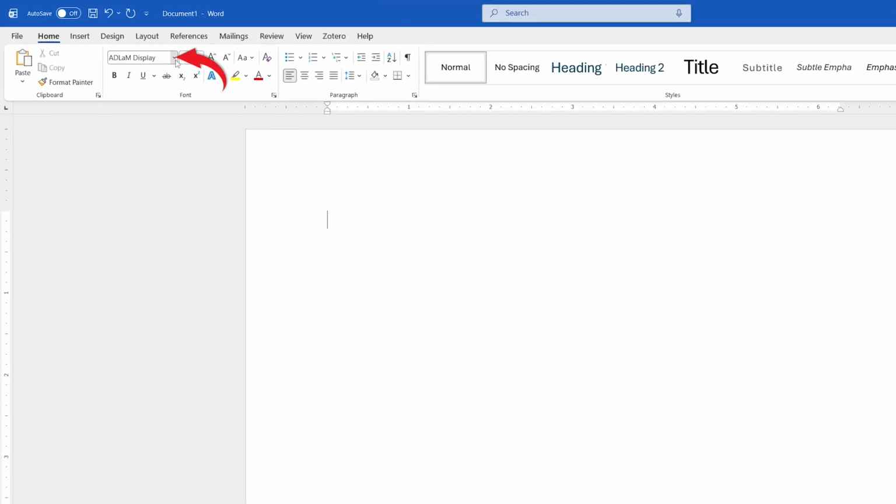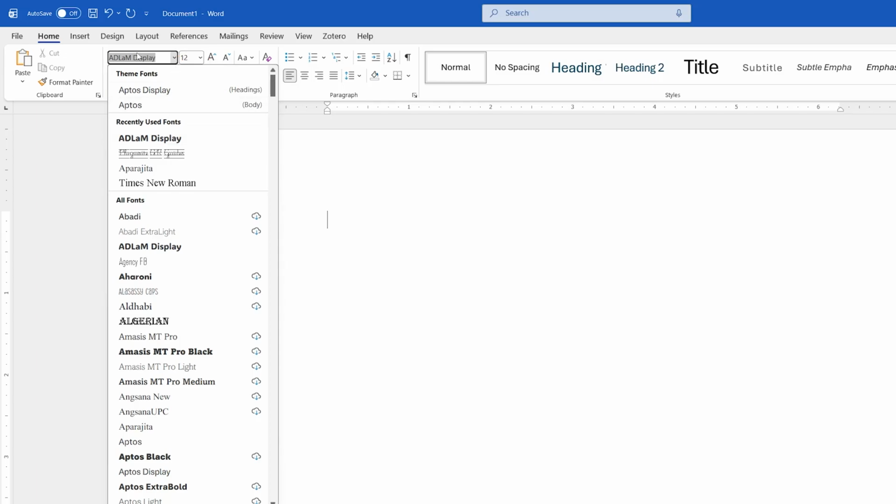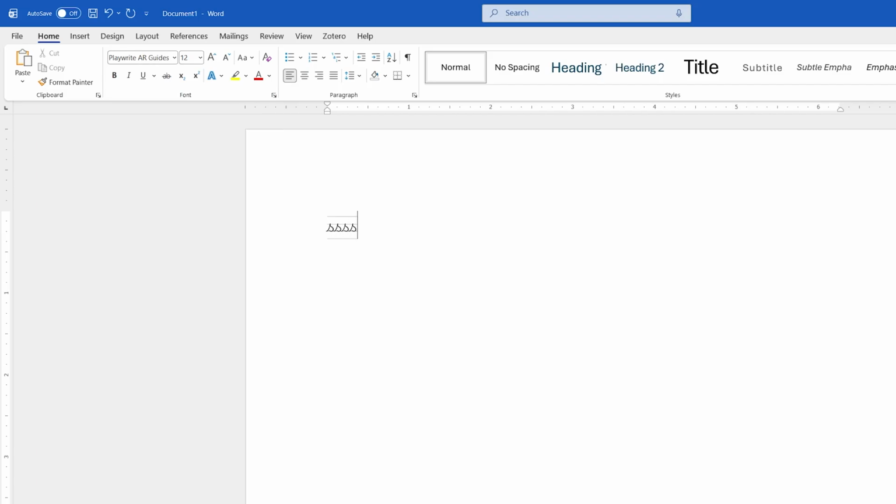So if I go up here to where I select my fonts and I type in the font I'm looking for, which for me was Playwrite, and there it is. So if I start typing now, then I've got all the new fonts that I've just installed. Obviously, you can just press Control A and then change the font, and then all your text that you previously written will now be changed to a new font. So very quickly, you've installed a new font from the internet, and now it's able to be used in your